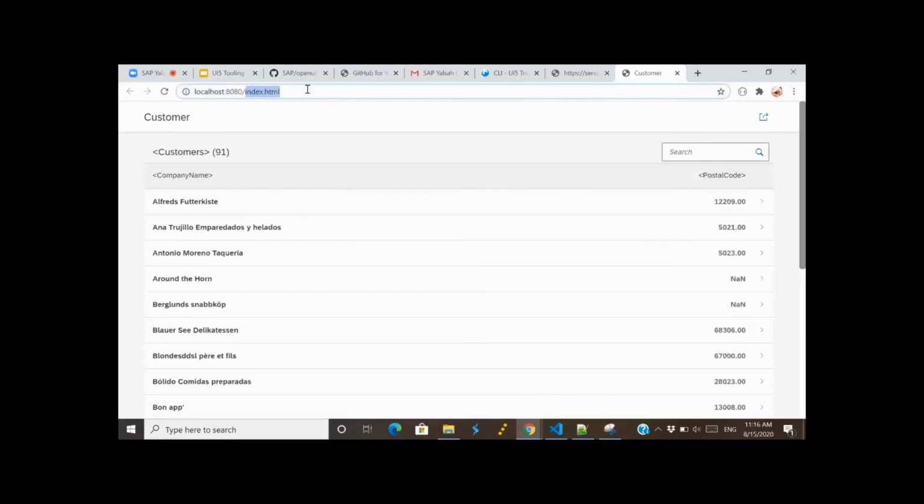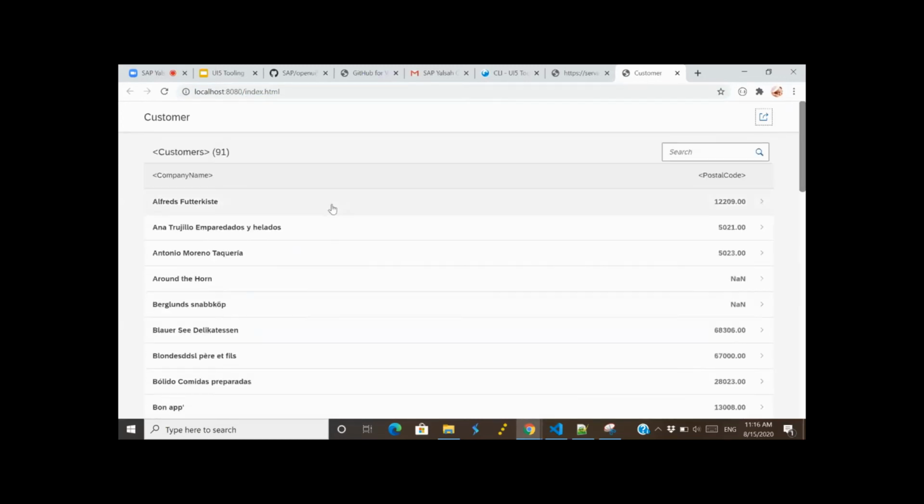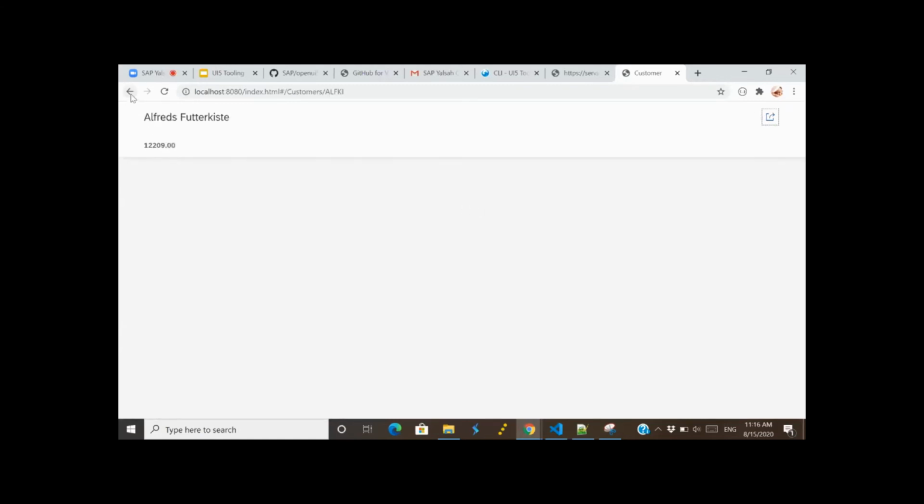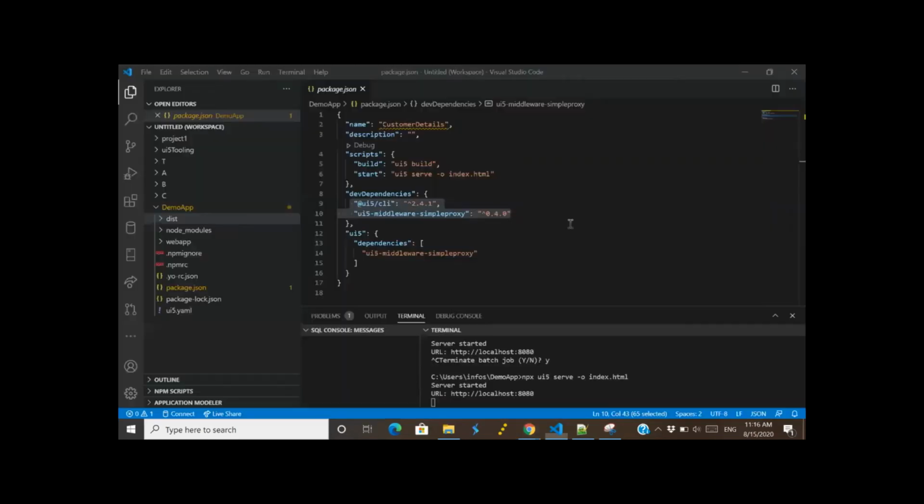So it serves with this file. So you can see now our application is up and running with the customer details, whatever I have given. So these are the basic steps to open our application. Now we will see